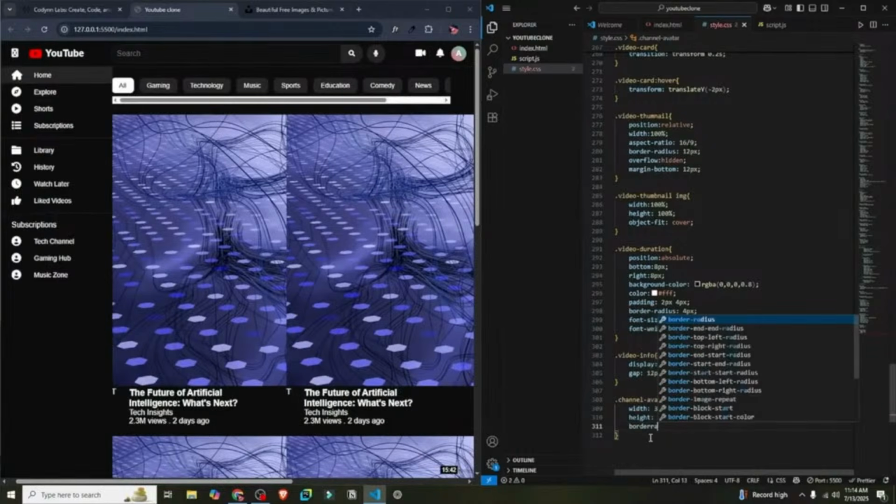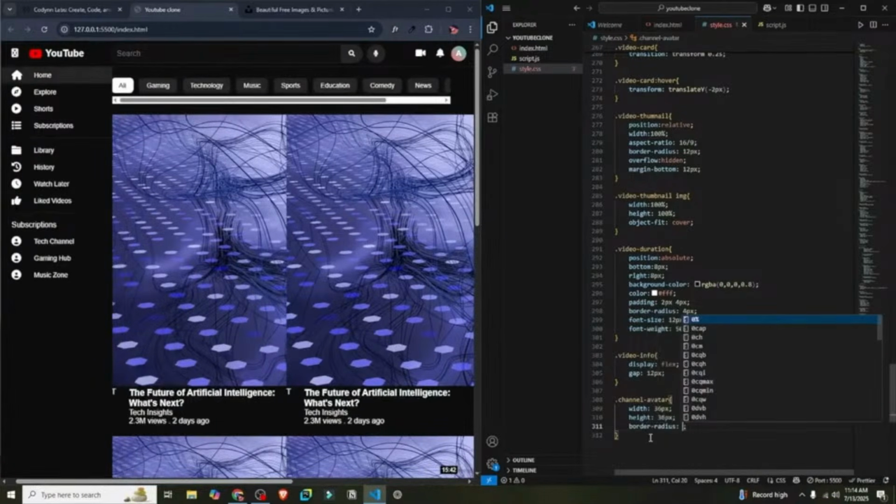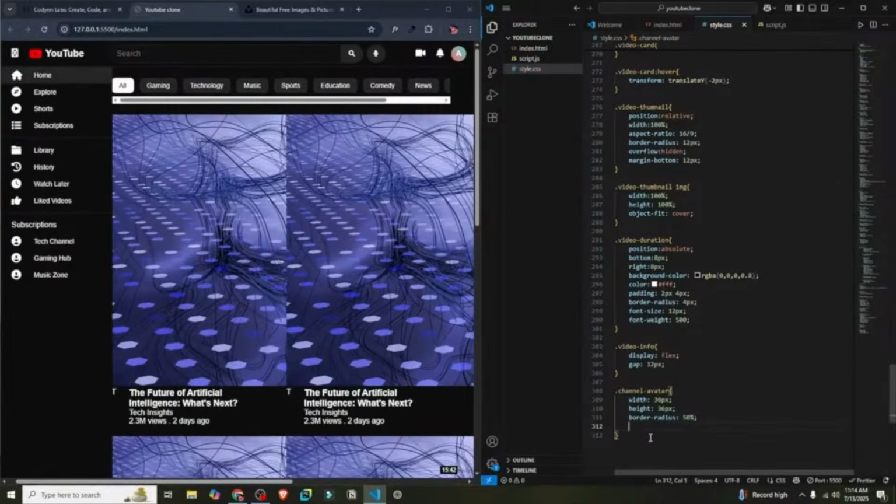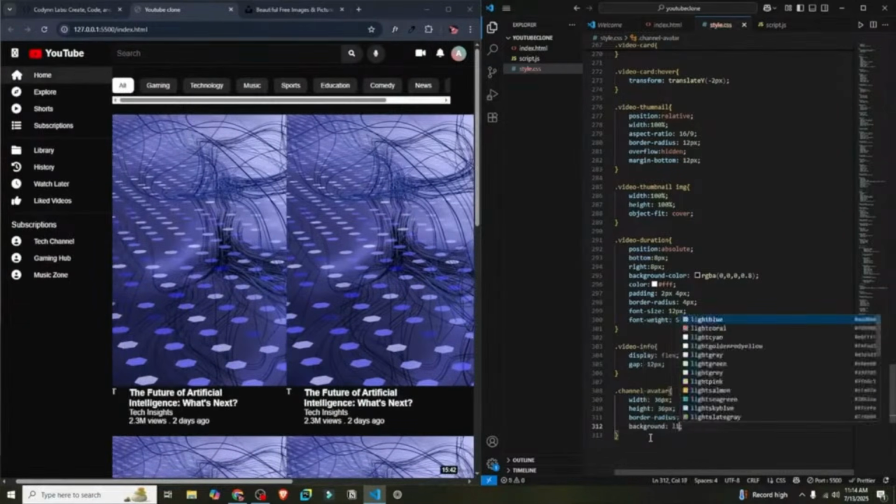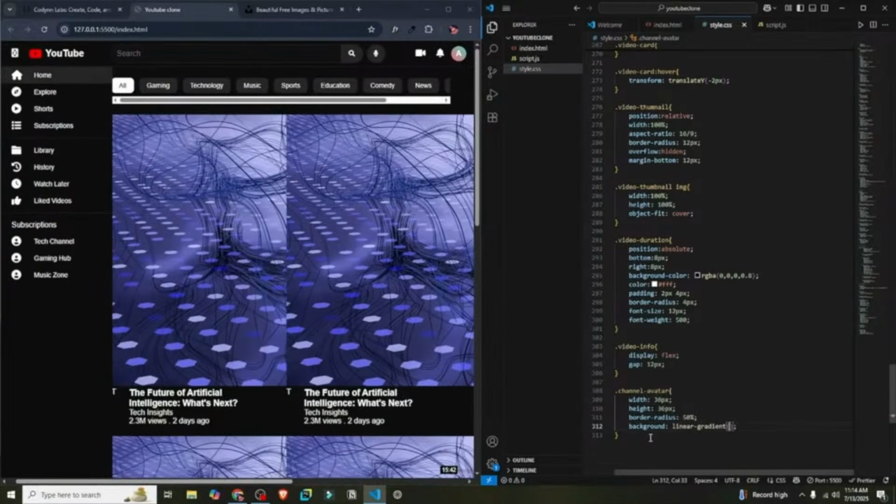And then a border radius of 50%, and then background we'll keep a linear gradient. So linear gradient we'll keep it at 45 degrees like before, so 45deg,